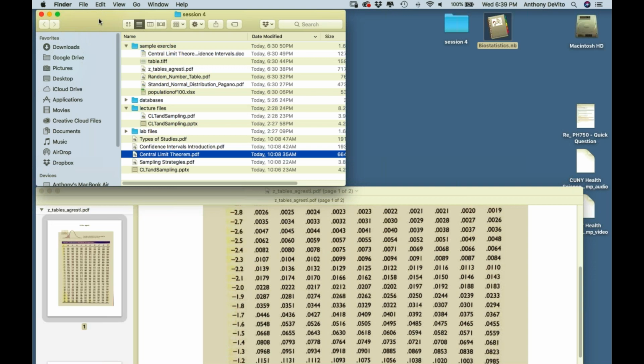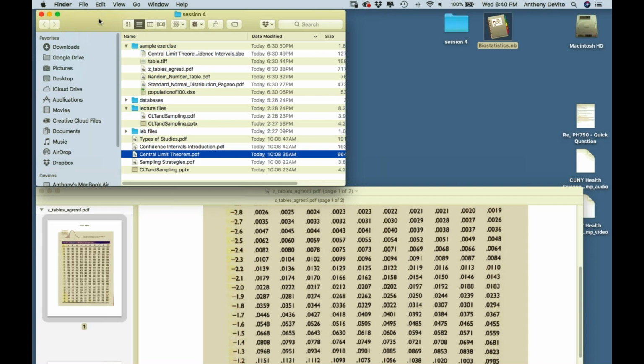In other words, a distribution of sample means that we've taken from a population. We take a sample, find the mean, take a sample, find the mean, take a sample, find the mean, take all of those means, find the averages of them, and draw them as a distribution on their own. Well, that new distribution of sample means is going to be normally distributed, just like the population distribution was. It's going to be normally distributed.